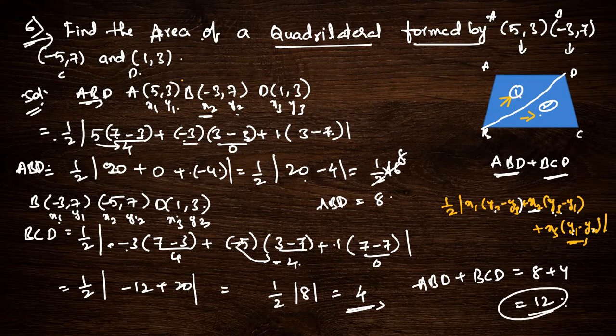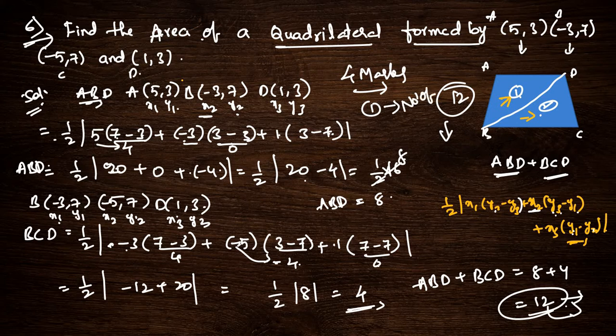So area of the parallelogram is a quadrilateral. Okay, area of quadrilateral, how much did we get? 12. So this is 12 here. This type of question is very important for your 4 marks. Please practice it a number of times, not just 2, 3, 4 times. This takes time, but it will be very easy with practice. Okay, after practicing you will get 4 marks compulsorily if it comes in the exam.